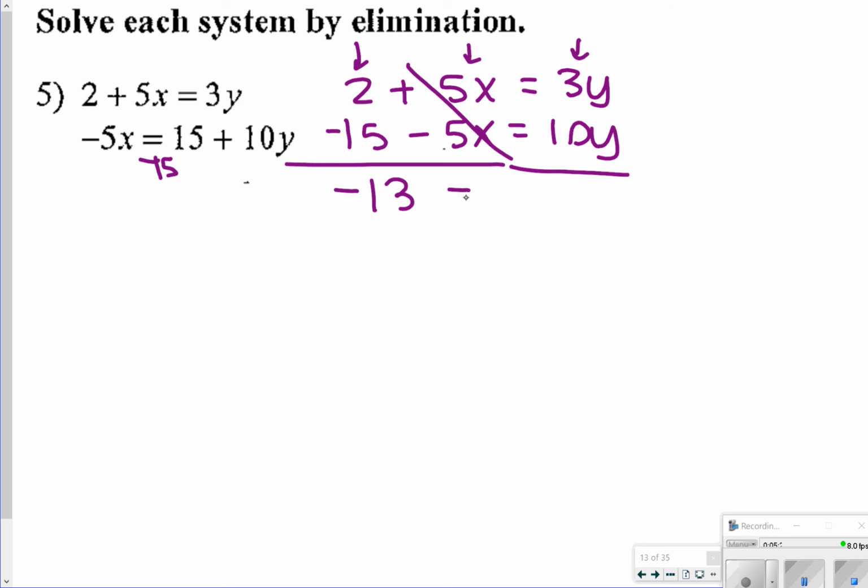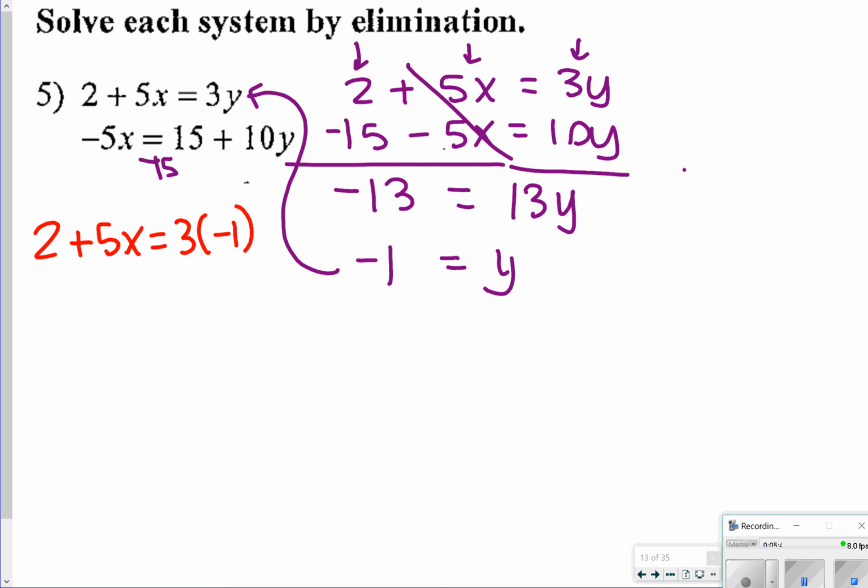And then 3y and 10y gives me 13y. So y is equal to negative 1. Now I'm ready to plug y back in to maybe one of my original equations. So I'm going to do that with the first equation. So all I did was plug in the negative 1 where the y is, and now I can go in